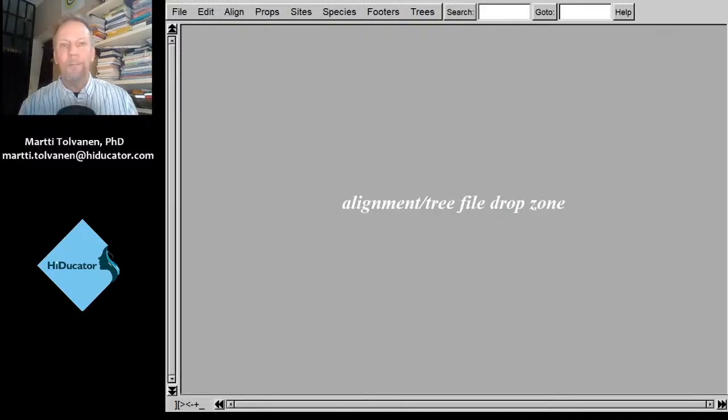Now for the web logo demo we are going to use another file which is in Moodle. It's called 6,9,12,14 proteins aligned, and the numbers, you guessed it, they refer to different carbonic anhydrases. And before going to web logo, I'm going to check that the sequences are indeed properly aligned, and I'm going to just drop the file into this main window